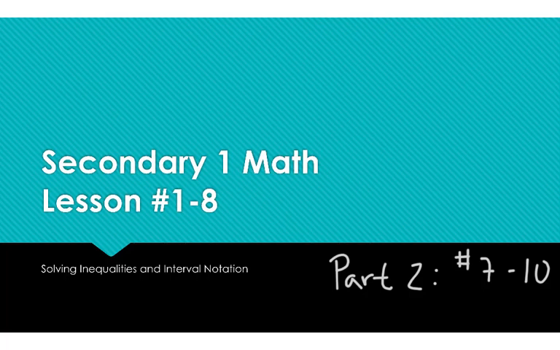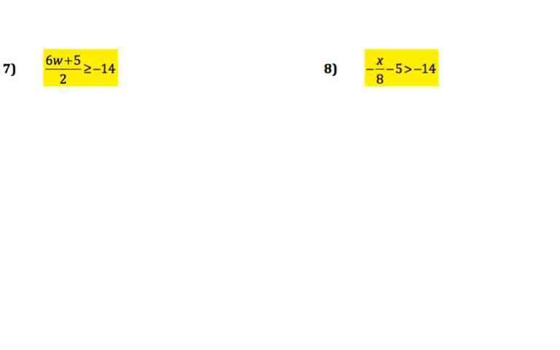This video will cover Lesson 1-8, Part 2, numbers 7 through 10 for Secondary 1 Math, solving inequalities and interval notation. Number 7. (6w + 5) divided by 2 is greater than or equal to negative 14. Here we have a rational inequality, and we're going to solve it the same way we would with our equations,